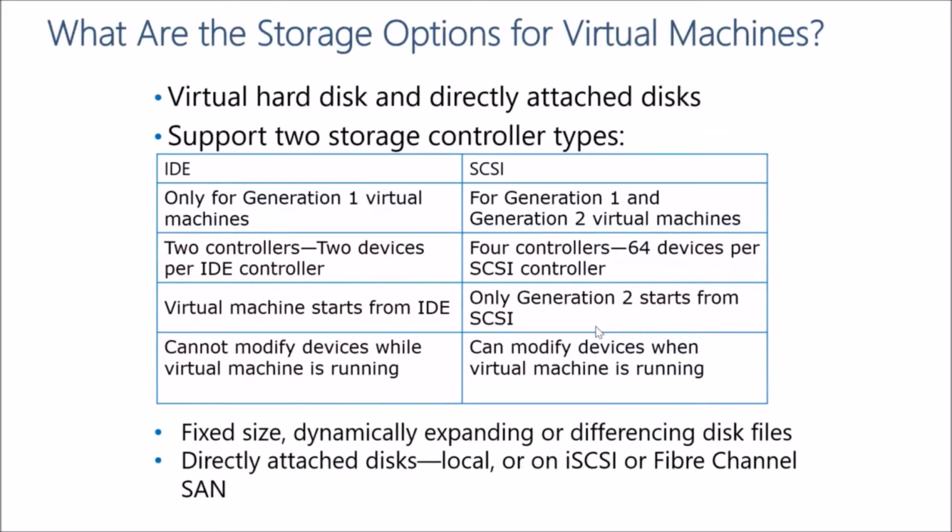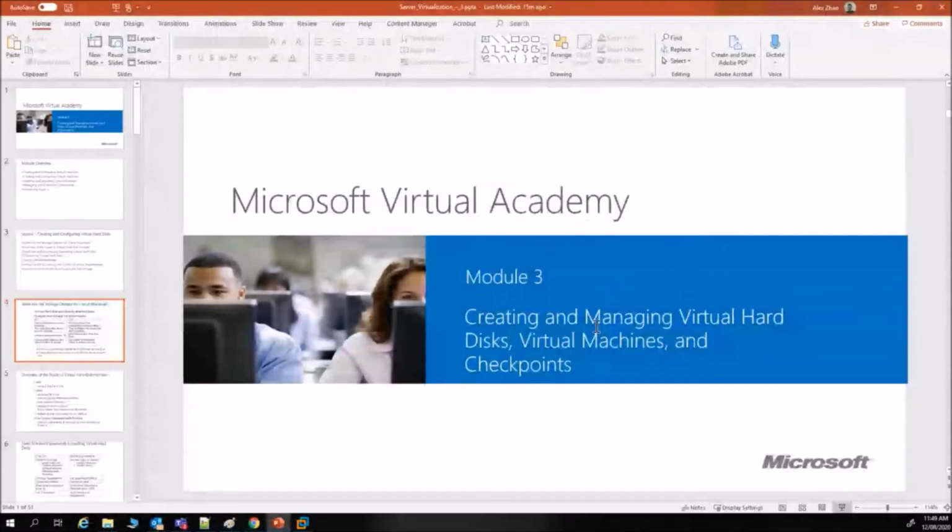So virtual hard disk and directly attached disk, or DAS, support 2 storage controllers. If you don't know what storage controllers are, it's how the hard drives are connected to your computer. For example, most of our computers in front of us would have SATA, serially attached ATA. And hopefully you have all replaced the hard drive, if not in your physical machine, at least in your portable hard drive. And you know the SATA connections, okay? But in the past, there was one called IDE, and that was what you see in a fat ribbon cable,